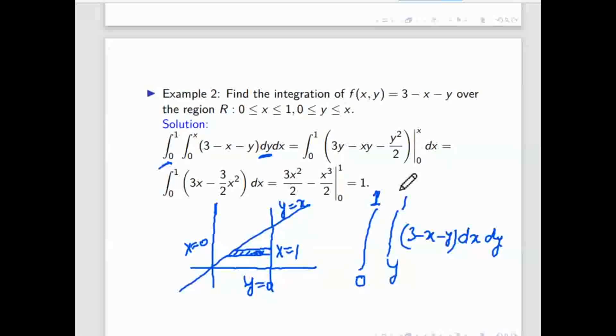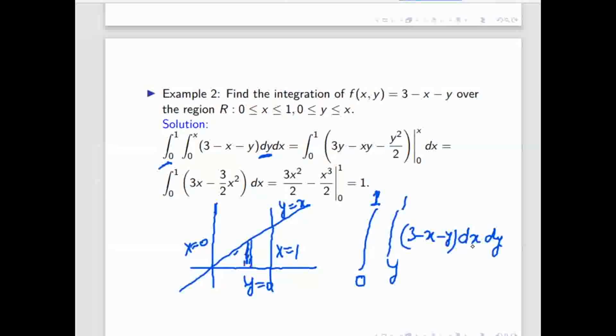Sir, how to choose the vertical or horizontal strips? I can't understand that. See, you first have to decide whether you want to integrate with respect to x first or with respect to y first. Here it is given with respect to y first. It is clearly mentioned that first you have to integrate with respect to y and then with respect to x. If x will come first, then horizontal. If y will come first, then vertical. Suppose I want to do this integration in this picture. Suppose this picture is given and you want to integrate with respect to y, then I will take vertical.